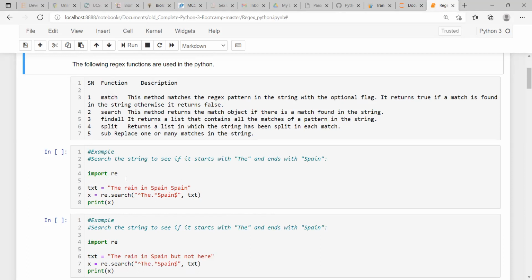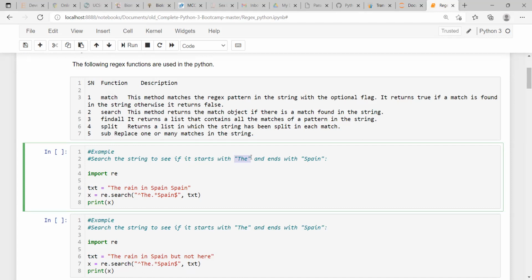Now you can see that here we are searching for the word that starts with "The" and ends with "Spain". Look at this carefully, the structure of these words, that is T in capital, S in capital.